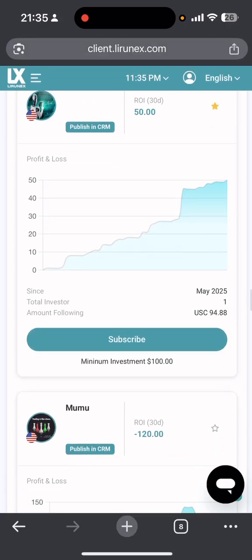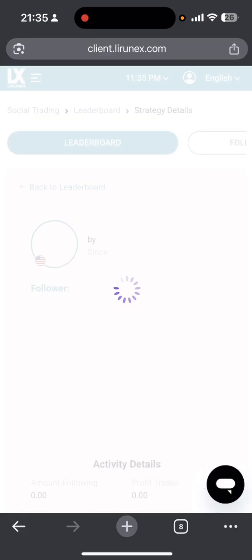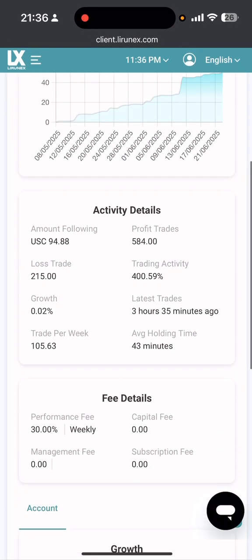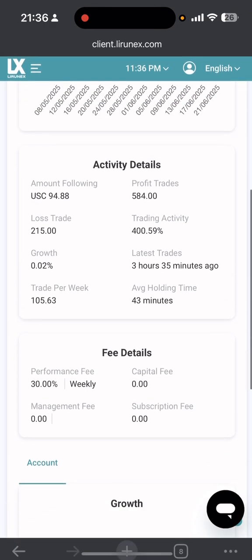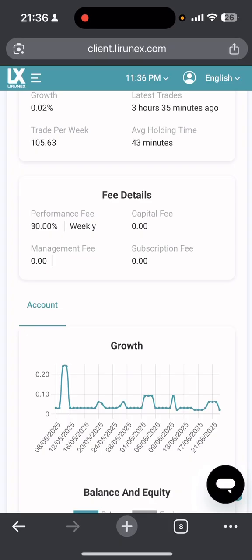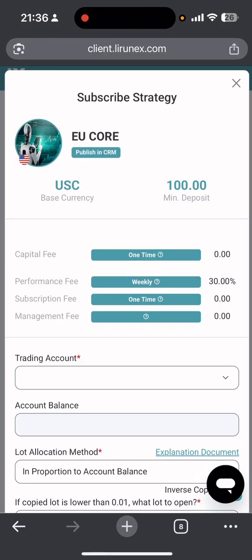Now right now you can see minimum investment is $100, so you should be having an account balance of 100 and above, right? And remember, it should be a cent account, right? So now you're gonna just click on subscribe, and it's gonna take you to this page right here. You're going to find more details on the EU core activities and all of that. Now you can see here there's a weekly performance of 30%, and profit split is usually every week. That is on Mondays. So you just come here and click on subscribe again, tap on the subscribe button,